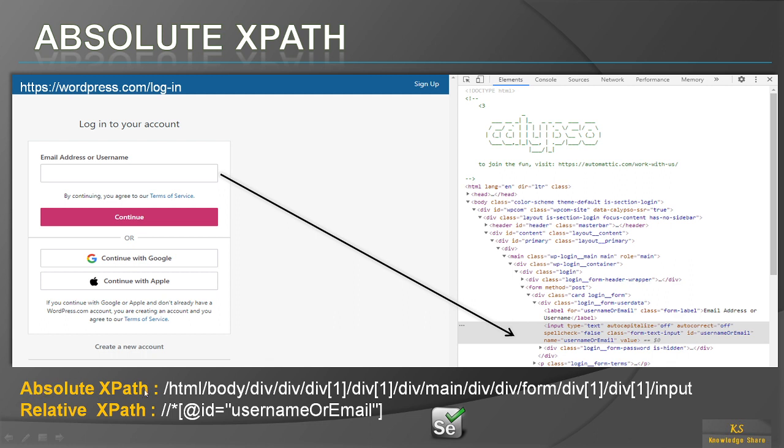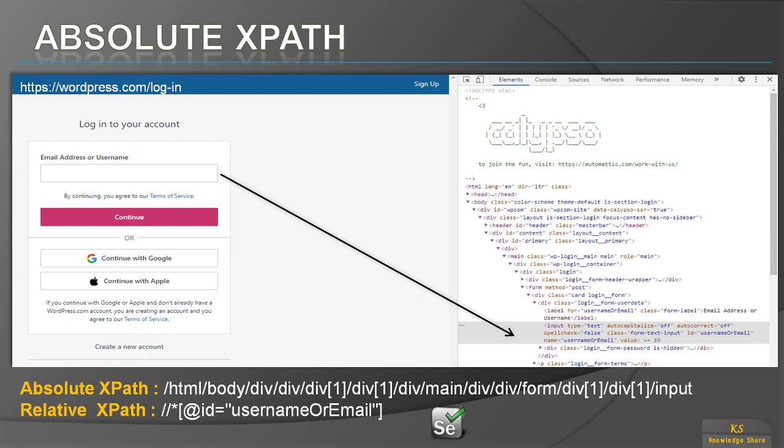If you observe carefully, absolute XPath starts with a single slash, and then HTML and then the body, and then you can see div, and again here also we have div, and inside the div we have one more div. That way you will be traversing to this input text box in sequential order, starting from the root node, and then it comes to the input. You can see here this is the input. You need not specify any attribute name or value. You have just an input. So this is the absolute XPath. If you write this absolute XPath, you can find this element.